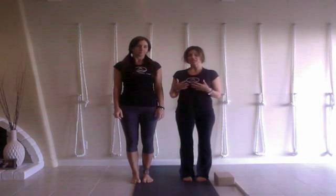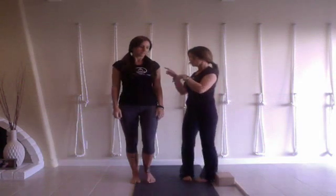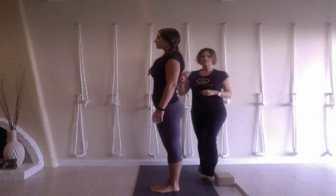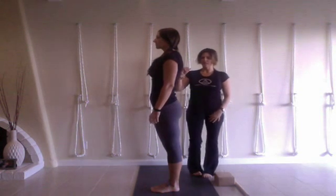And today we're going to give a little adjustment for a Yaapana variation of Tadasana. The first thing we're going to do is just assess Jules' Tadasana. So go ahead and turn away from me, Jules. Great. So hopefully what you can see, I'll stand out of the way just a little bit, is